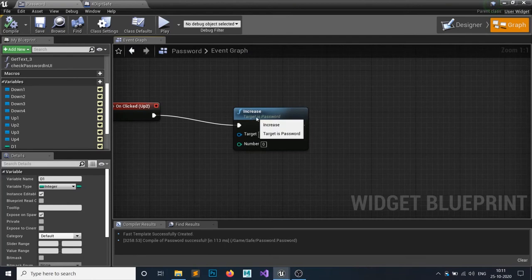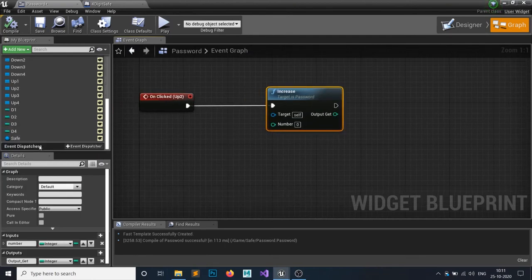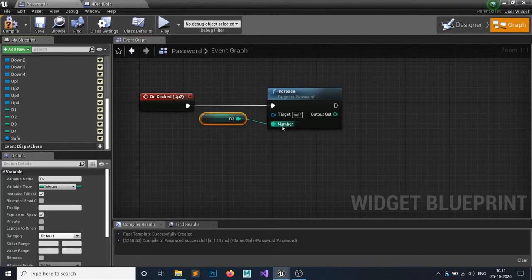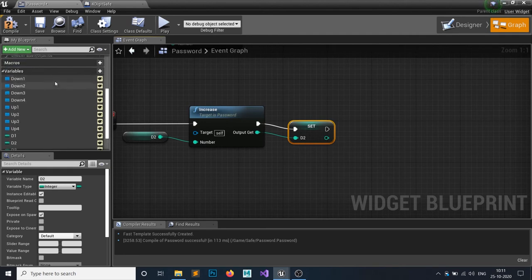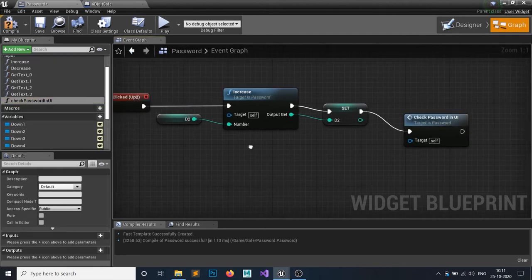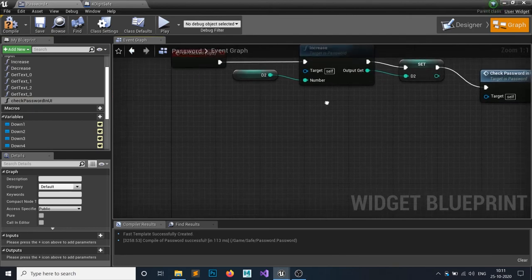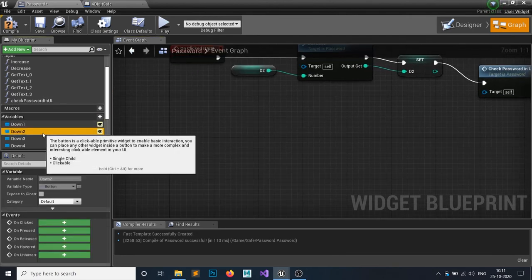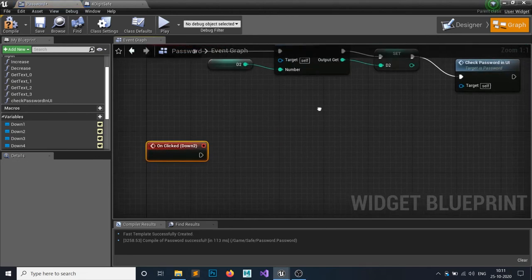For the up 2 part, if it's up, then we want to set that D2. After setting the D2, we simply check in UI. Same for the down. Click on this.